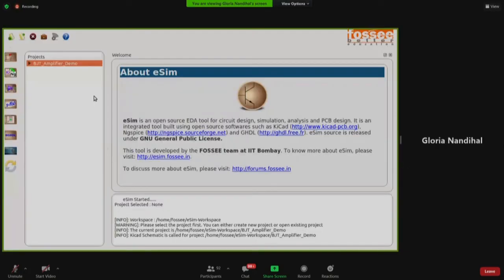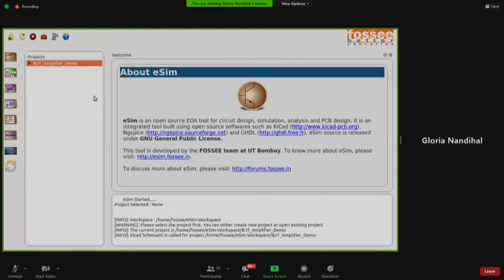We have already shared a document to all the participants regarding the device modeling. There are three BJT models, and those lib files are available online. First, we will have a little hands-on session on how we can add the device models. Why do we call it a model in ngSpice? When you model any device using mathematical formulas, that's why we say it is modeling a device.